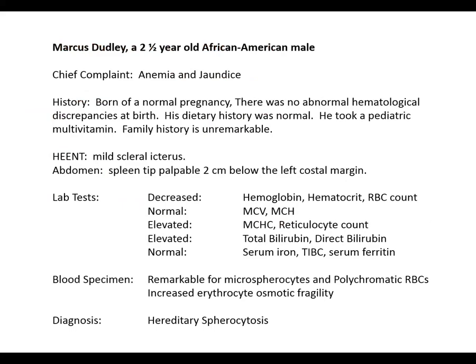Now to conclude, Marcus Dudley, a child, presents with the chief complaint of anemia and jaundice caused by increased red blood cell turnover. Lab values demonstrate that he has normocytic hyperchromic anemia. Furthermore, the yellowing of the eyes and increased serum bilirubin, both indirect and direct, indicate jaundice, and the presence of spherocytes in the blood smear and the decreased osmotic fragility of blood samples confirm the presence of red